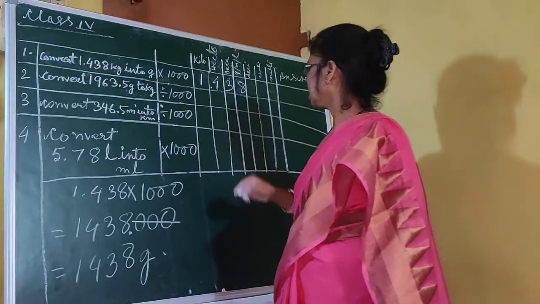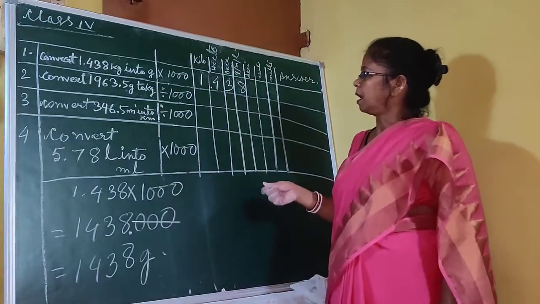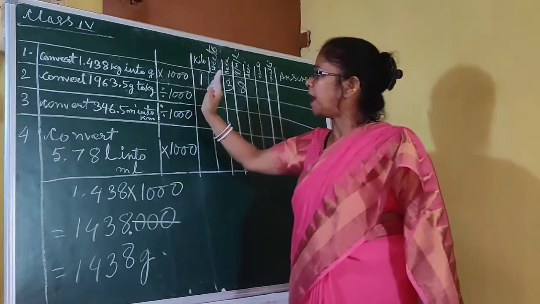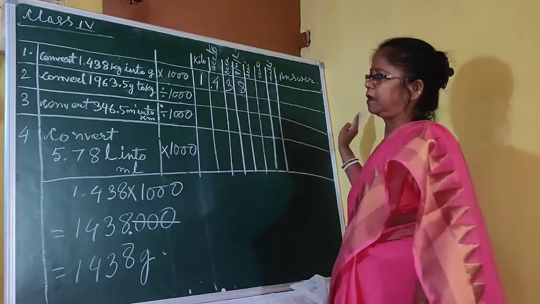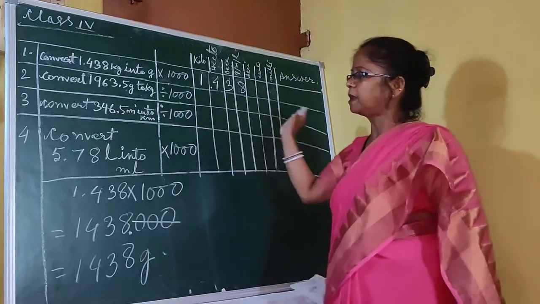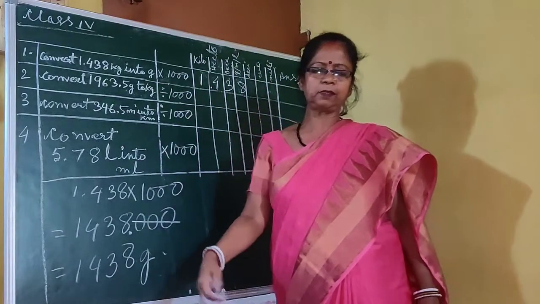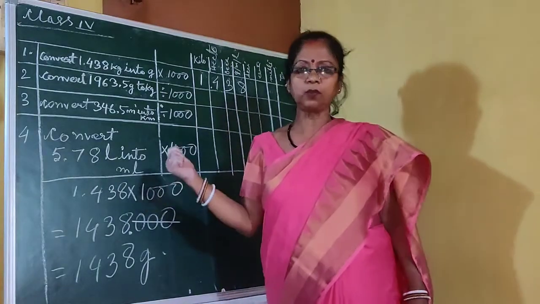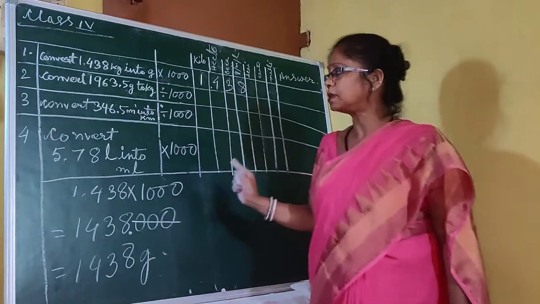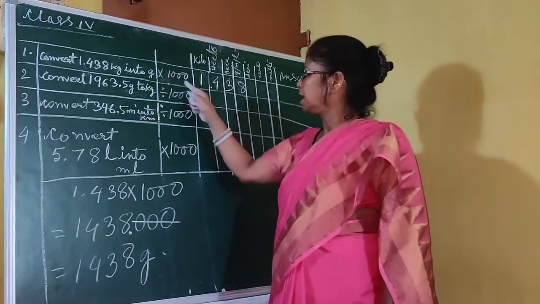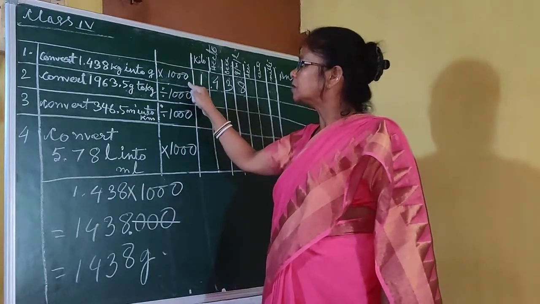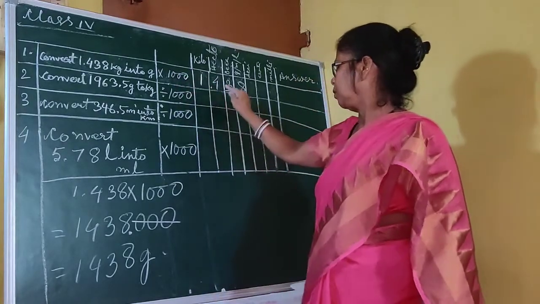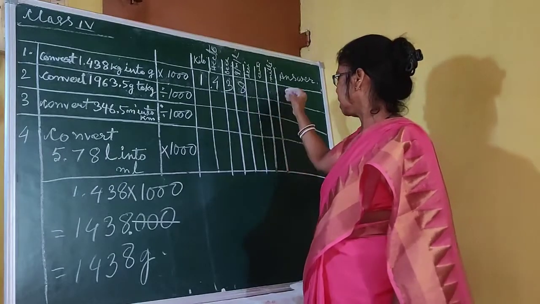So when you multiply by 1000, the decimal shifts to the right side. When you divide by 1000, the decimal shifts to the left side. This is one important thing you have to remember. When you use the chart, you have to remember which side the decimal will shift. Here, divide by 1000. So here this decimal will shift 1, 2, 3 places. 1, 2, 3 places. Then the answer will be